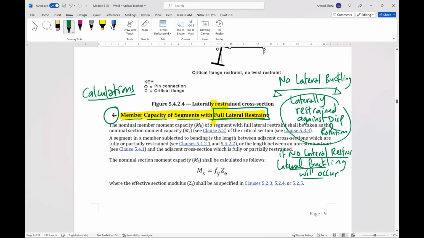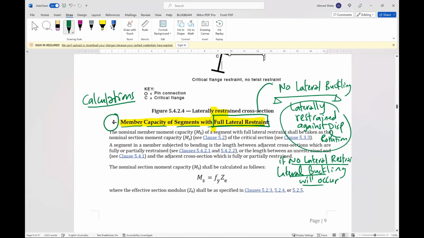Okay. The members or the beams with full lateral restraint will not be subjected to lateral buckling. So no lateral buckling due to being laterally restrained. But if there is no lateral restraint, then lateral torsional buckling will occur. This lateral torsional buckling will affect the member capacity of our beams. That's why we need to consider the lateral restraint in our calculations. So if we want to determine the member capacity of segments with full lateral restraint, according to the Australian Standard 4100,